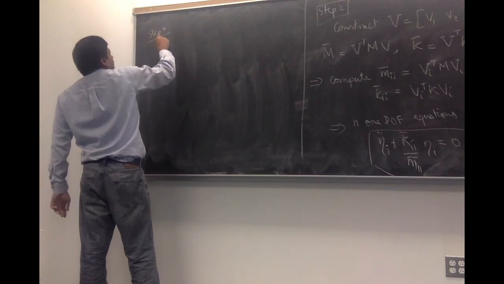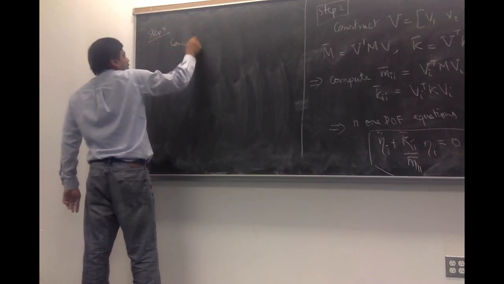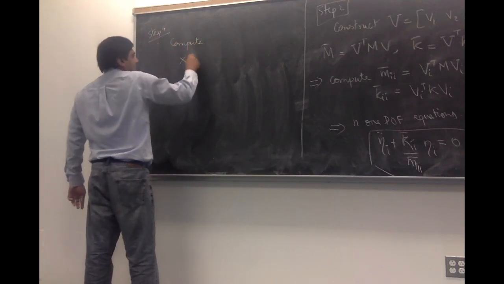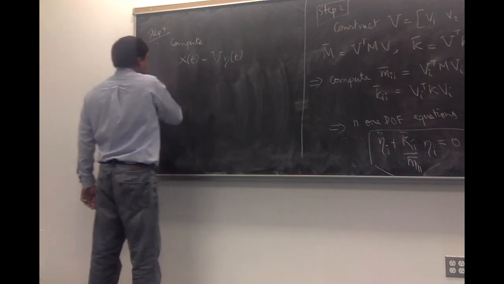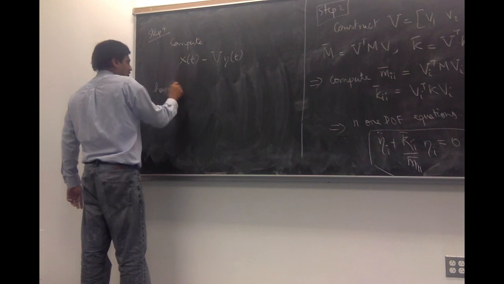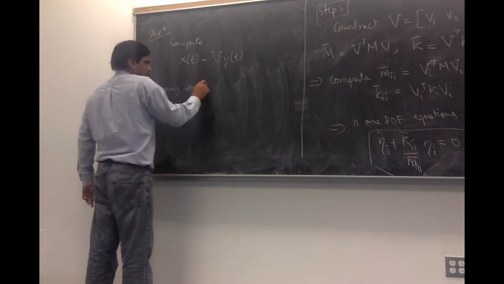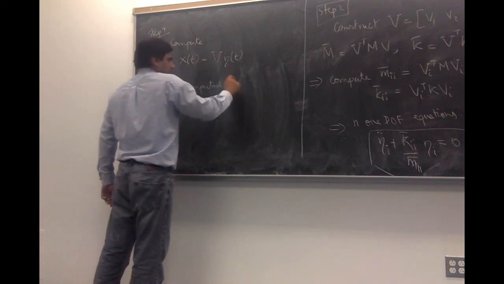Step 4, compute x of t equals V times eta of t. Having computed eta